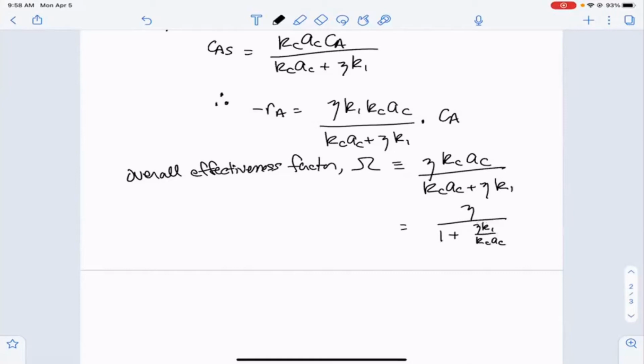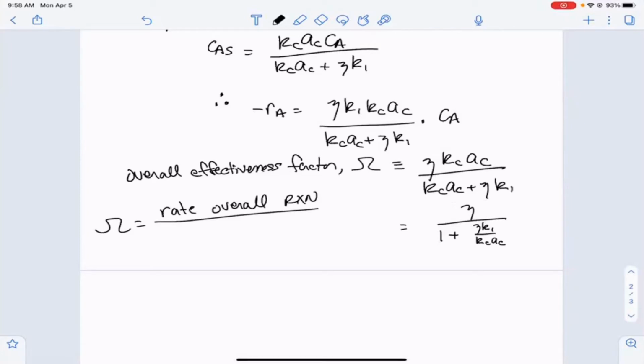When it's defined this way, it gives a nice relationship between the effectiveness factor and the overall effectiveness factor. You'll notice the overall effectiveness factor can never be larger than the internal effectiveness factor, or just the thing called the effectiveness factor. And what this is really a measure of is the rate of the overall reaction